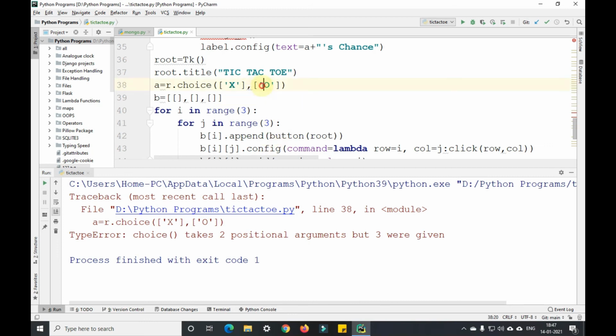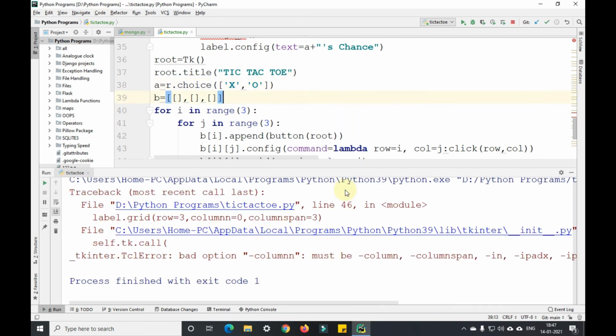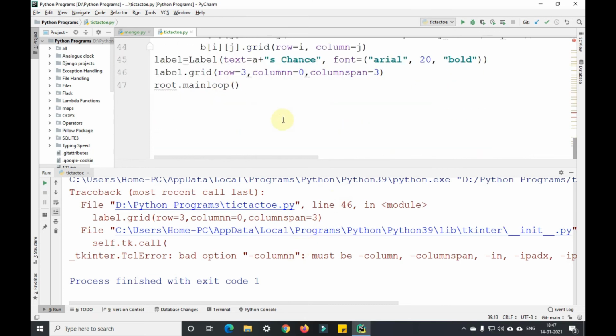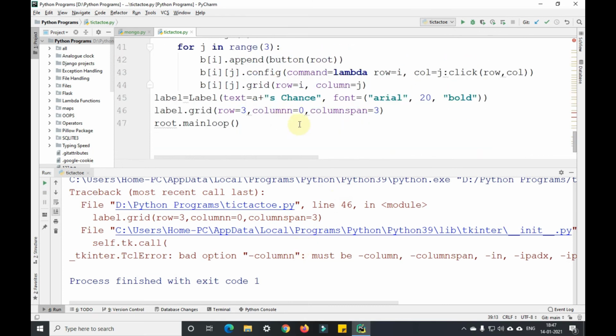So actually this should be defined into the same array here. Now it will not give us an error, most probably. In line 46, yeah, there are two n's there.